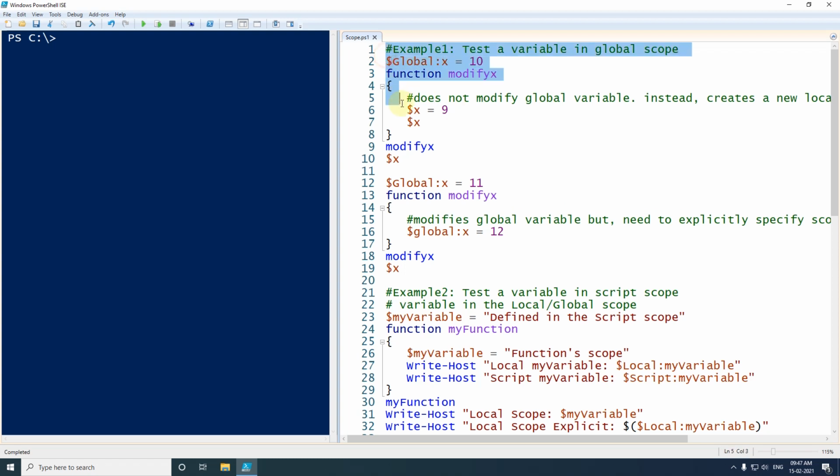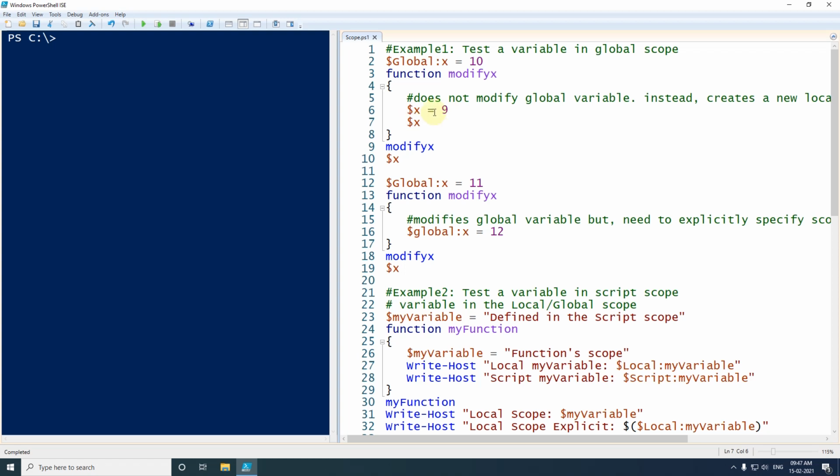This is our first example. Here I have created one variable called $x, and I have specified the scope of this variable as global. I have assigned the value 10 to it. After that I have created one function and given it the name modify x. Inside the function I am again creating one variable called $x and assigning the value 9 to it, and after that I am printing that variable.